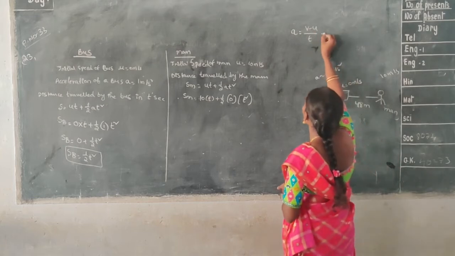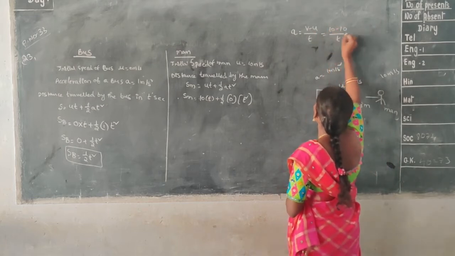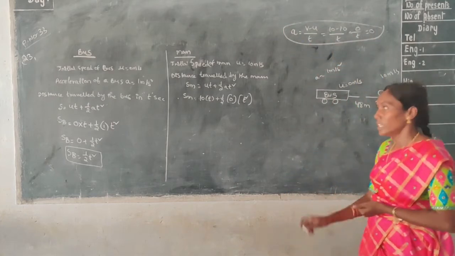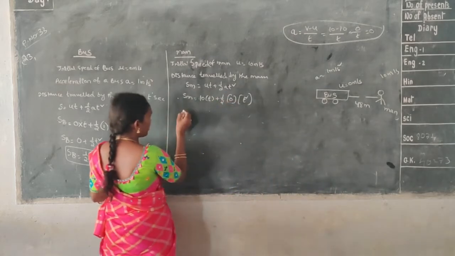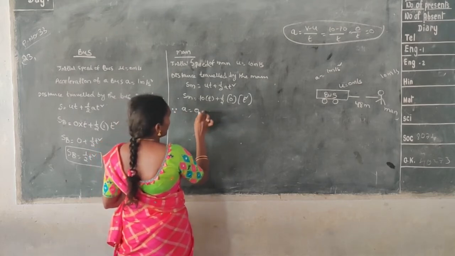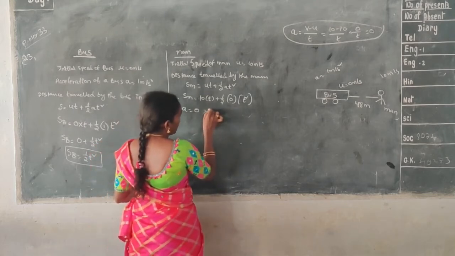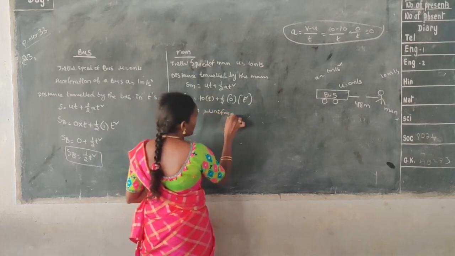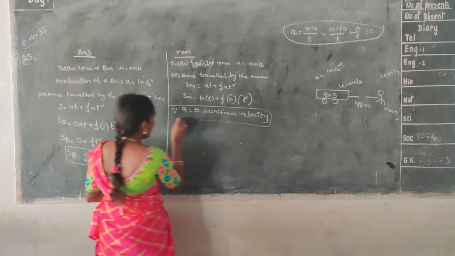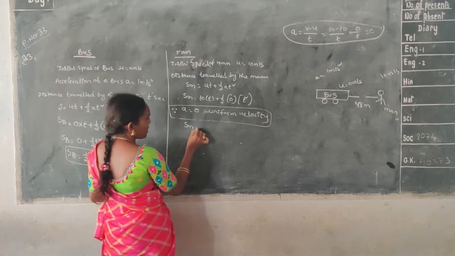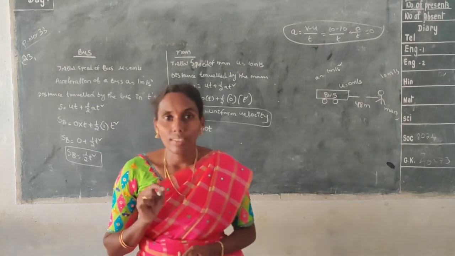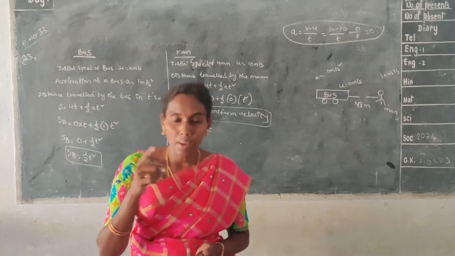That means the total value becomes 10 minus 10 by t, here 0 by t is equal to 0. The total value becomes 0. Here a is equal to 0 because the man is moving with uniform velocity. Here distance travelled by the man Sm is equal to 10t. And next one, find out what is the minimum time to travel to catch the bus.